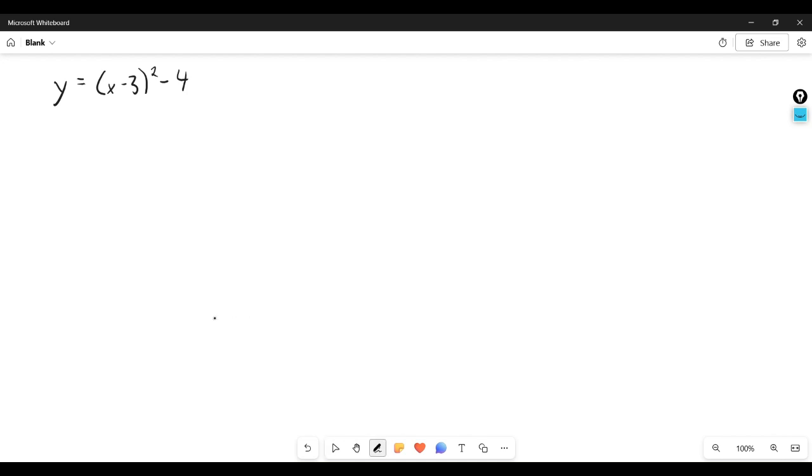Okay, so I've written down our parabola function. Let's discuss this one and see how we could plot it by hand. So we're going to need a few useful points that will help us with the plot. First of all, we know the vertex